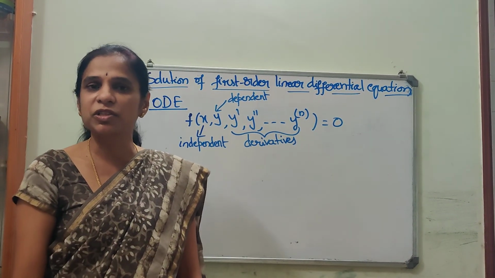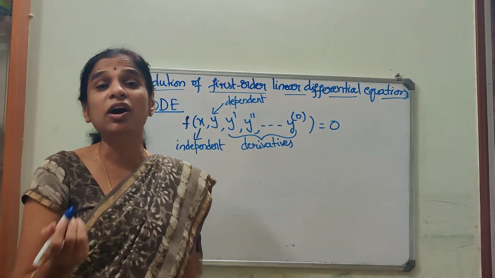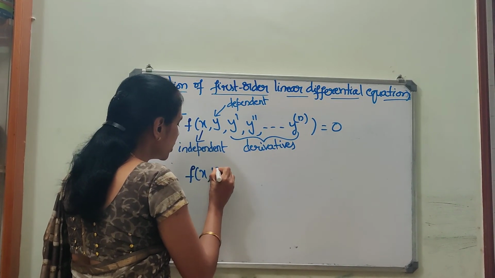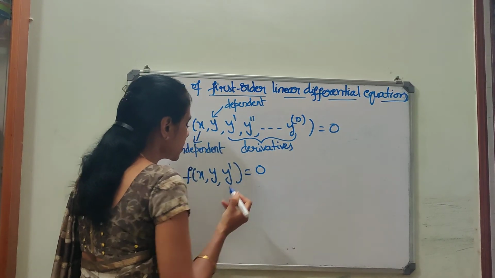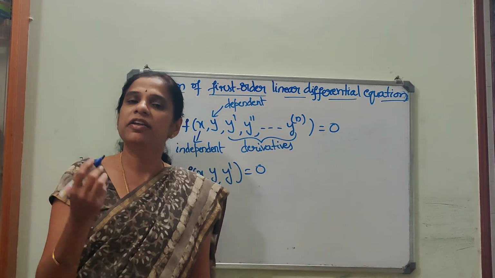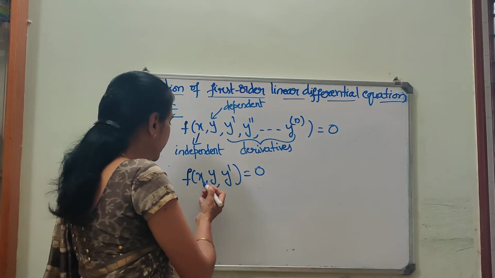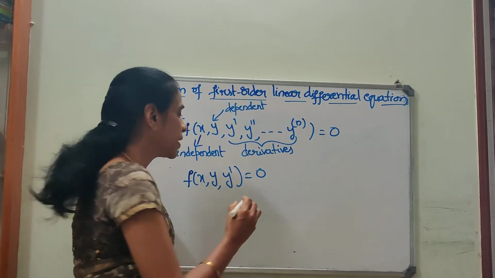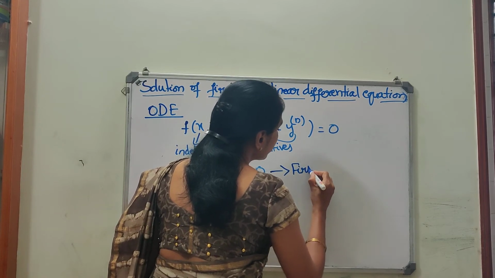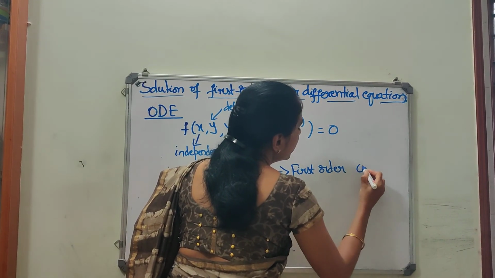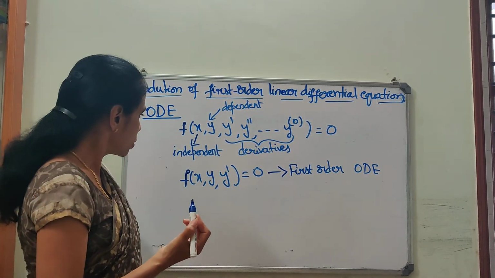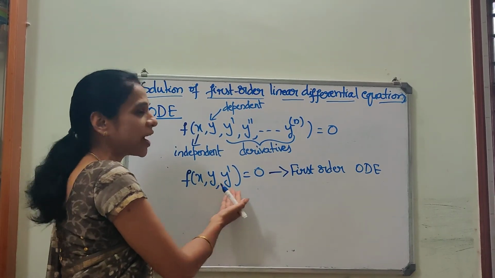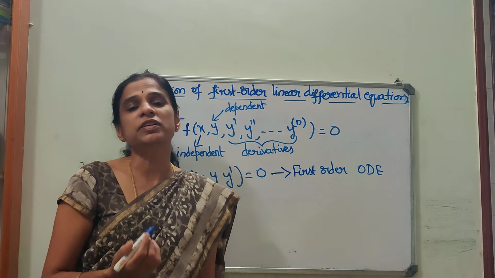So it simply takes us to the next definition, which is first order ordinary differential equation. That means a first order ordinary differential equation is of the form f of x, y, y dash is equal to 0. A differential equation in which the independent variable, dependent variable and its first derivative exist, then we call that a first order ordinary differential equation. So, any ordinary differential equation of first order will be a function of x, y and y dash. So, how many types of such equations are there?